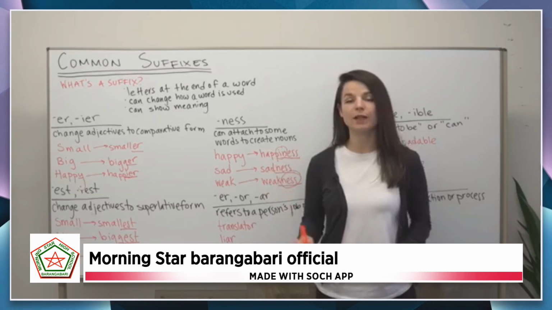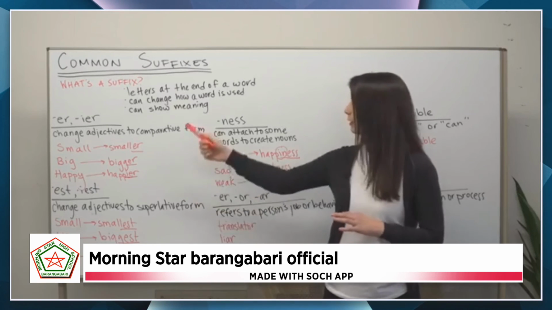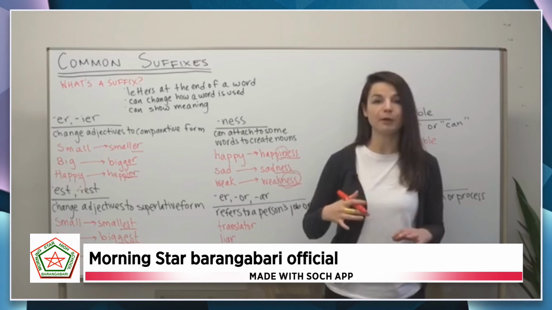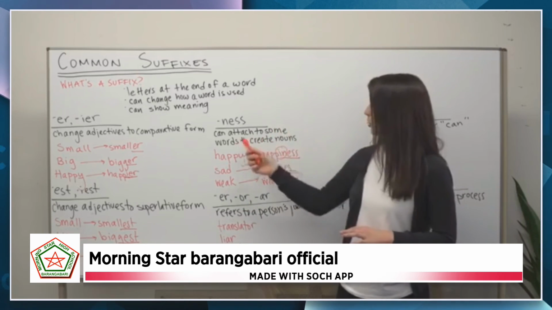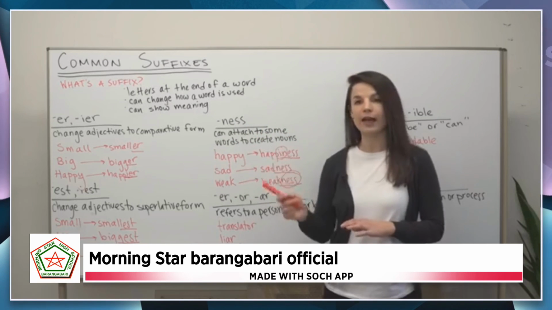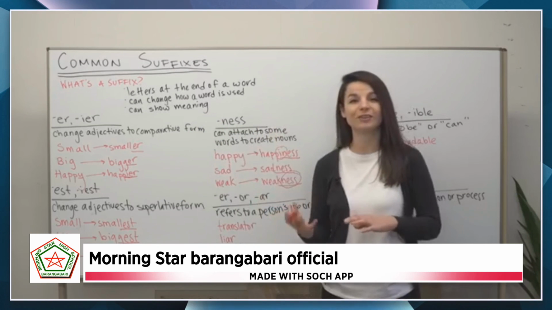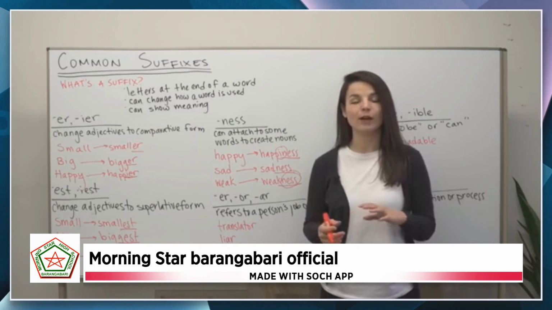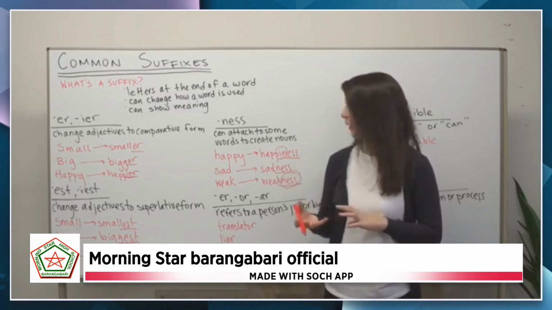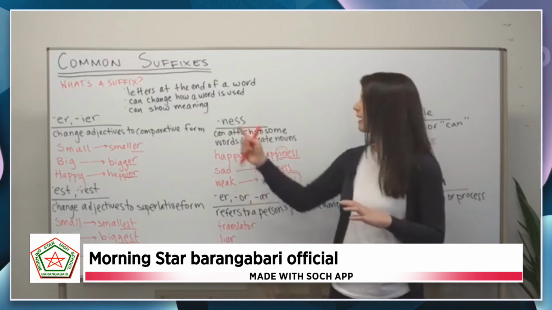So these are a few examples where adding a suffix creates a noun. Over here, we changed to the comparative, the superlative form of an adjective. Here, we change a word from an adjective to a noun just by adding a suffix. So these are a few types of suffix, or these are a few suffixes where the suffix actually changes the grammar. Okay. Let's look, however, at some cases where suffix, as I talked about